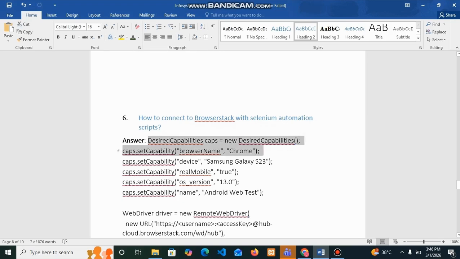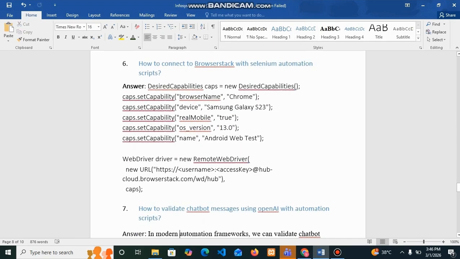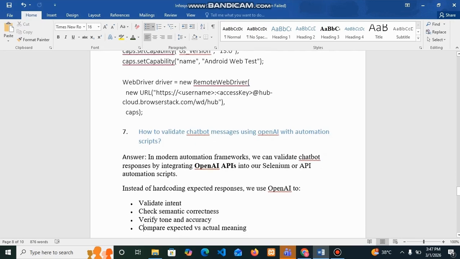Once you specify the desired capabilities such as browser name, device, OS version and name using setCapability, we can pass those capabilities using new RemoteDriver in the driver definition. We can pass these capabilities to execute our scripts so that we can connect to the browser.